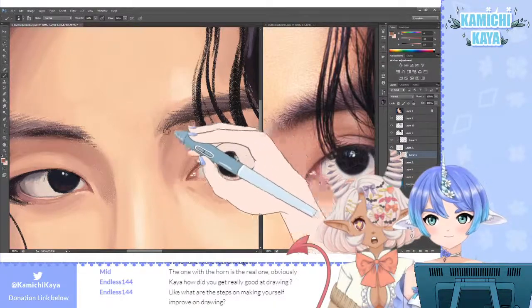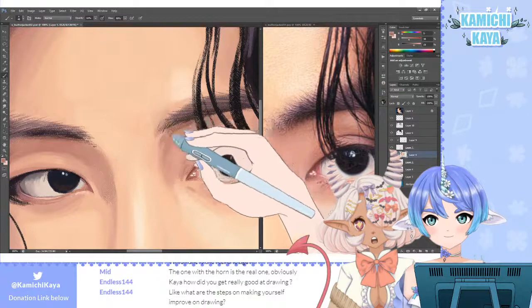What positions are you thinking about? Don't worry, I know it's just crouching, sitting,